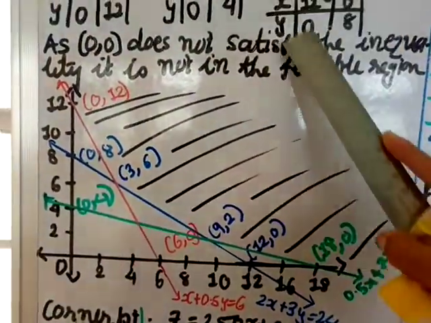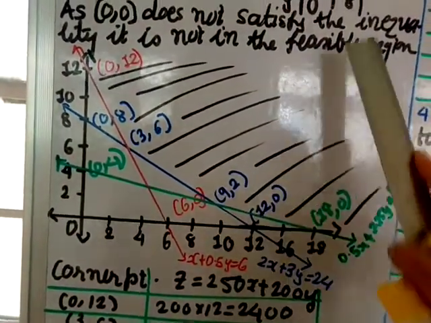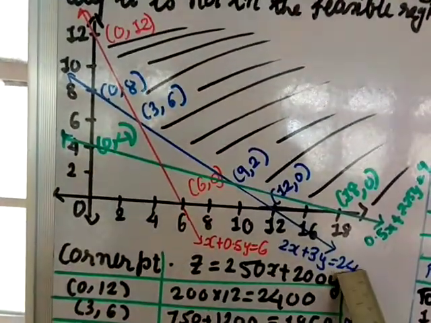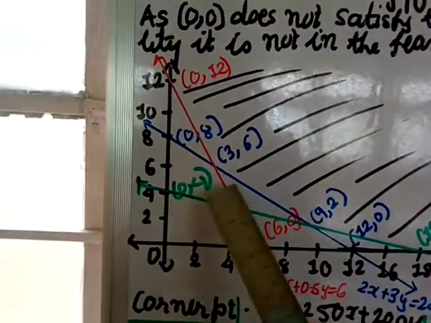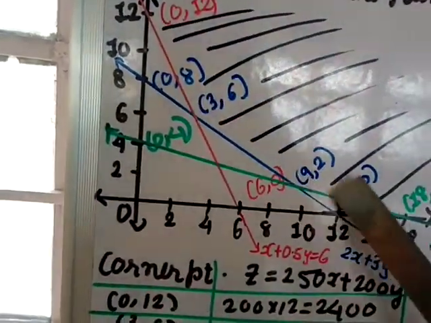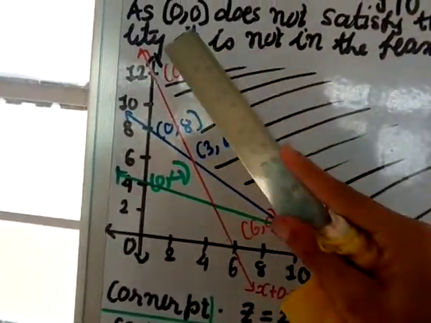Then from here, when x is equal to 12, y is 0, so somewhere here. Okay, this blue line, and 0 and 8, so when 0 and 8 is here, this joins the line. Write the equation of the line. Okay, now corner points here, 0, 0 is not included, that means the outer line, this is the outer line. This outer region, because that will be common for all 3 lines. Therefore we are going to take the outer one.